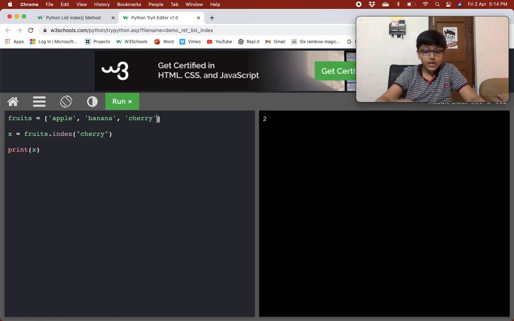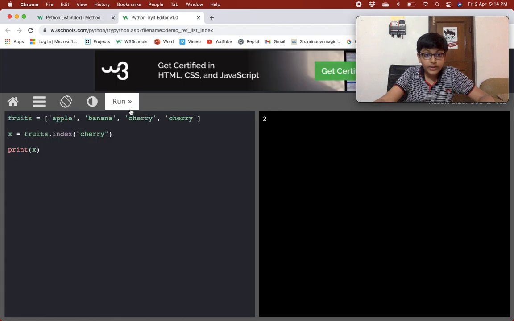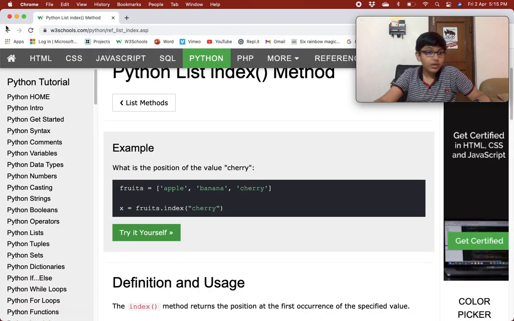So if I give cherry over here, what will it come? Tell me guys. It would still come 2 because it brings the first occurrence that it finds. It finds cherry first at the second position, so it brings 2.